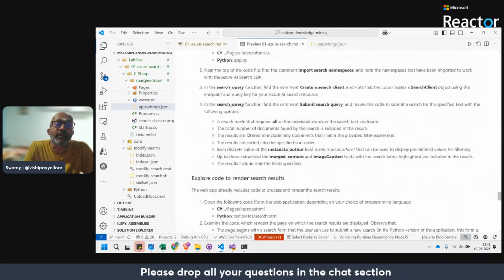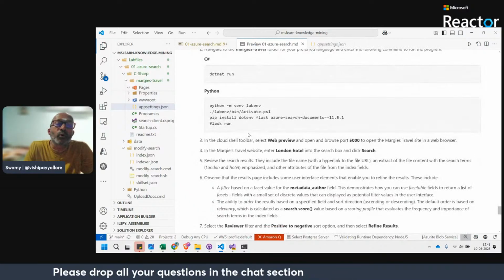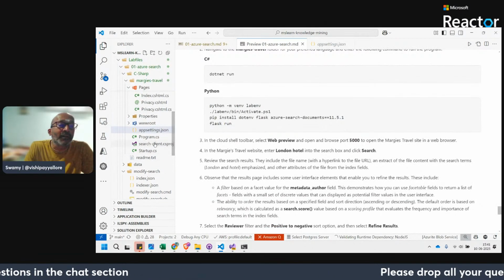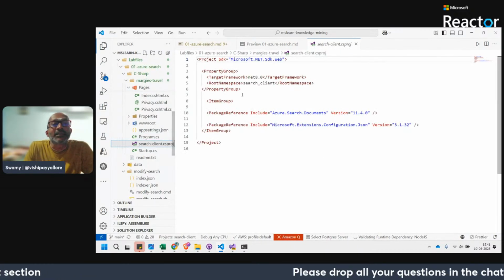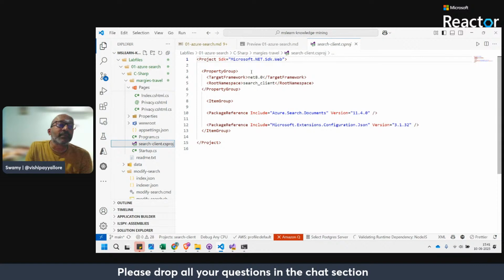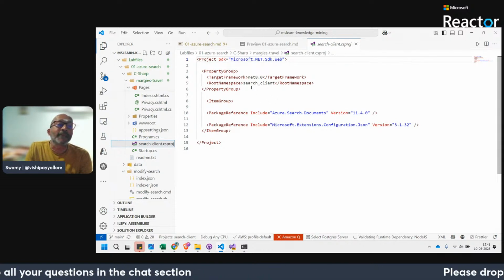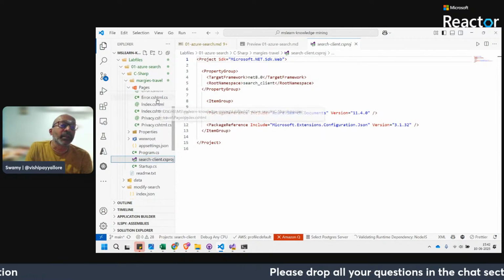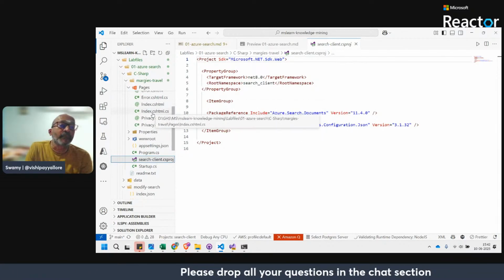And the code has been given in both. One is in .NET 9, if I'm not wrong. Oh, it's in .NET 8. Okay, I thought it was 9. Maybe I need to update. I'm not sure, but whatever I have in my local is .NET 8. I assumed it was 9. So we see the MVC project here.